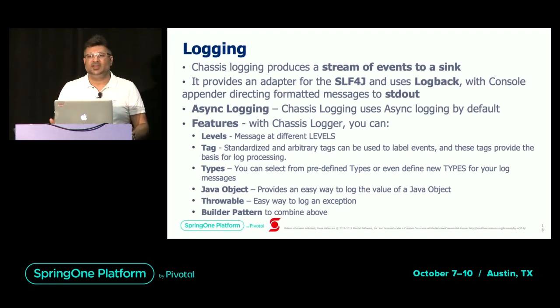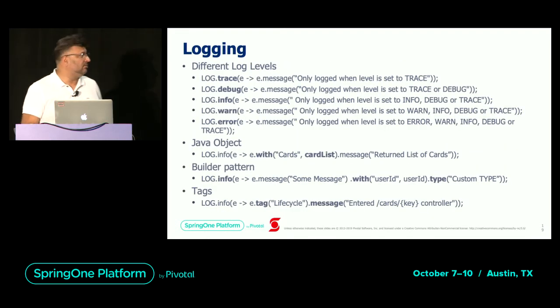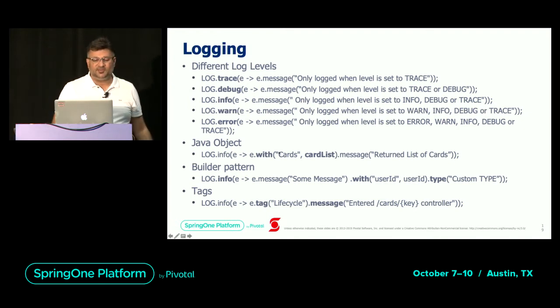One of the most important things people throw in logs are Java objects, right? We've given them a convenience method to do it very easily. Log exception, we've done that. So here's a sample code. Look at that builder pattern. If you want to log a Java object, you can do it at info level, dot with, this is the object, card list. I want to put some